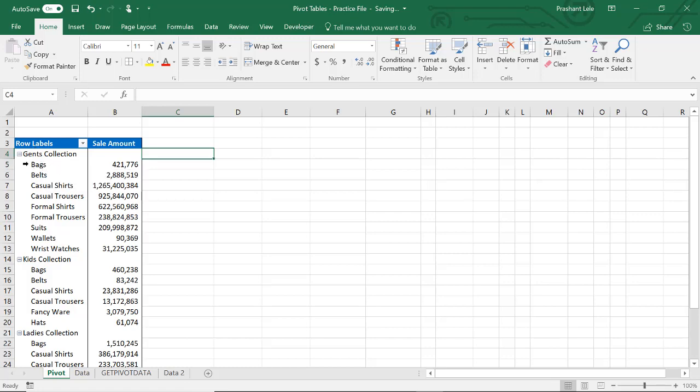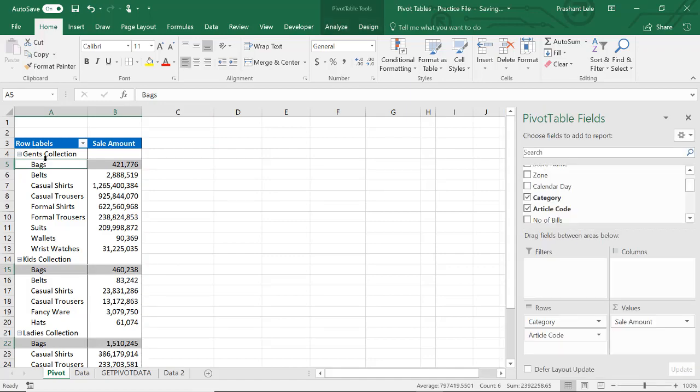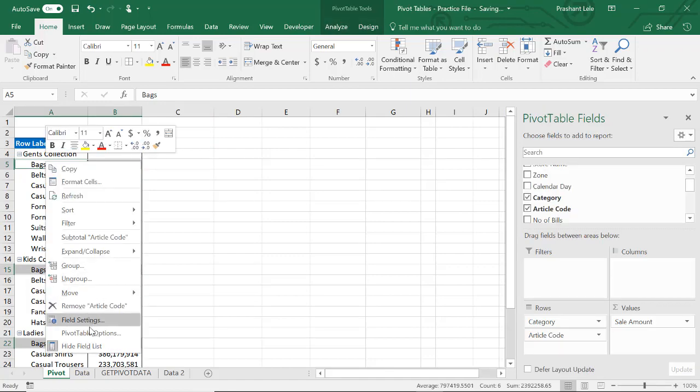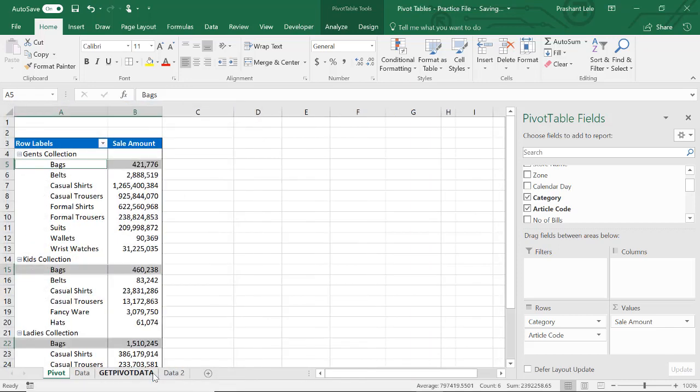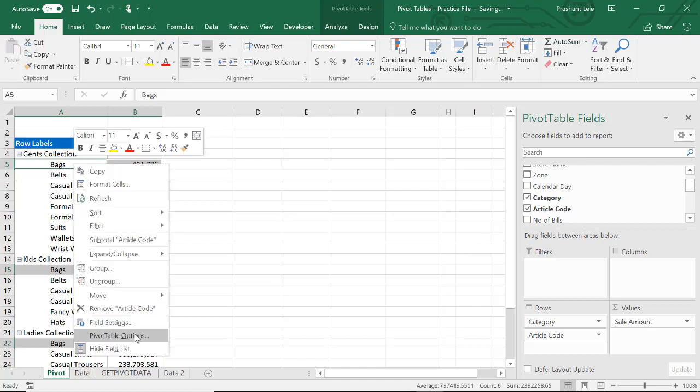So this indenting you can change. Just go to pivot table options and increase the characters to 5. See, the indent changed and it shifted towards the right. This you can do from pivot table options.